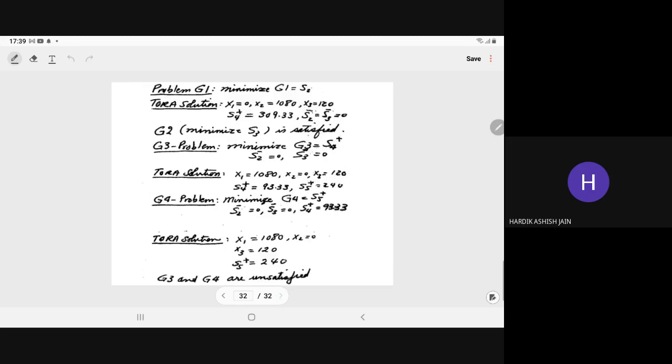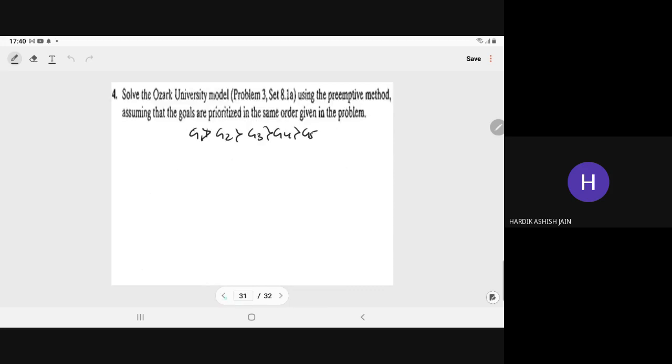So when we solve the problem of the G1, one minute. They have assumed that the first one is not a goal, right? We have both questions. So here the first one is not a goal. The first one is the decision constraint. So goal 2 greater than goal 3, greater than goal 4, greater than goal 5.